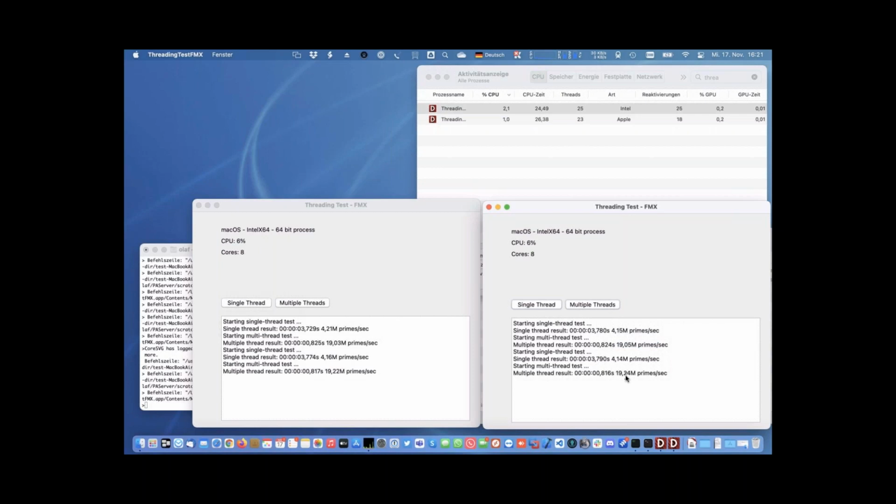So even if you are not able yet to compile for Apple Silicon, even if you compile for Intel, it's still executing very, very fast on the Mac platform. Okay,